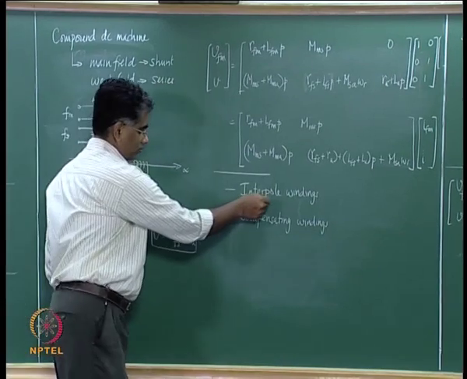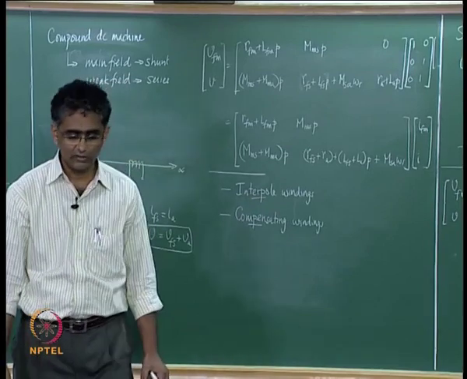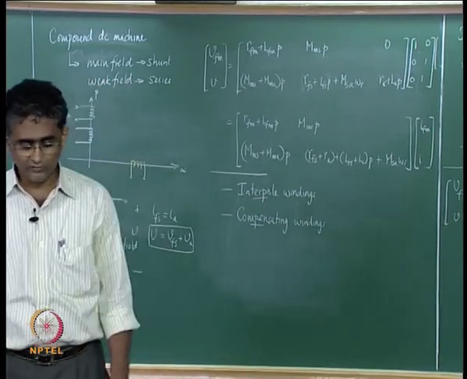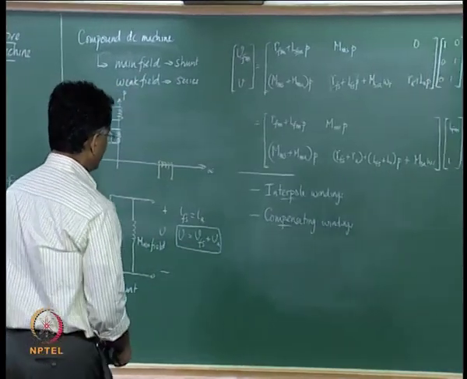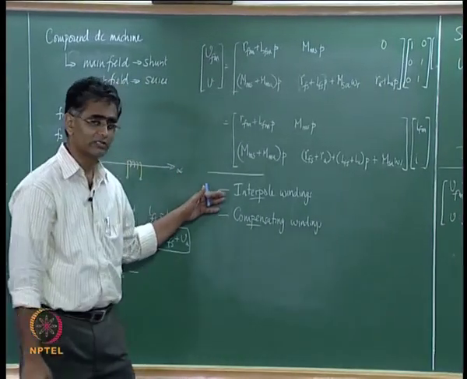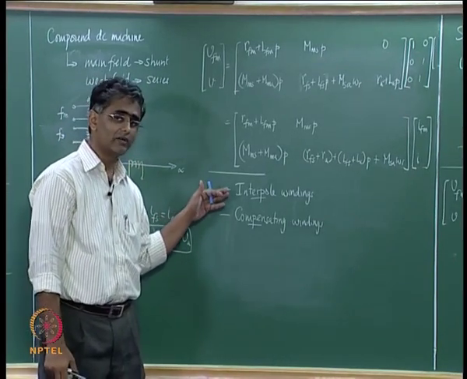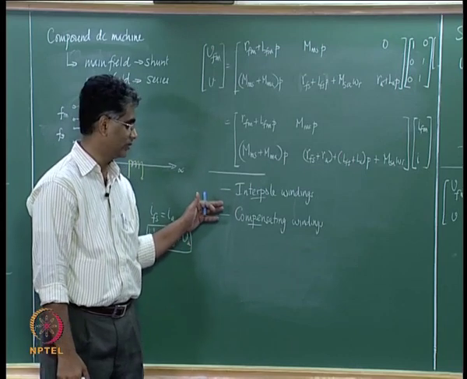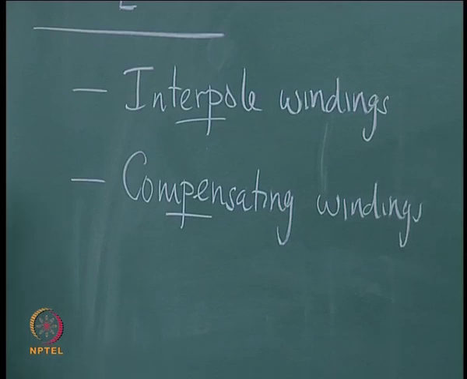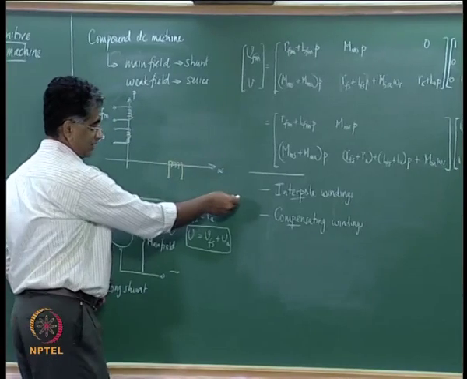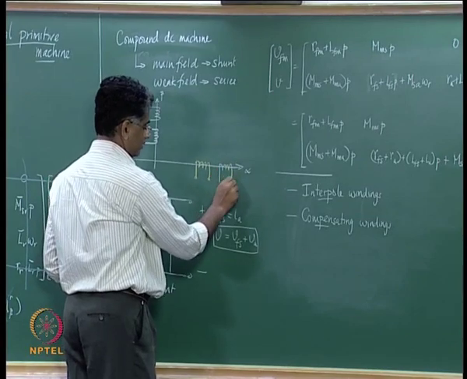The interpole and this, they are both designed so as to nullify the effects of armature MMF, and therefore, they are placed on the stator, along the same axis as that of the armature MMF, and designed to oppose the armature MMF. That means, therefore, in machines that have this, you have another equivalent winding here,